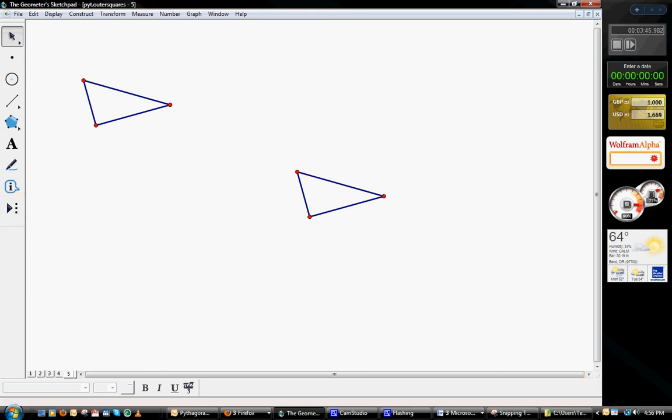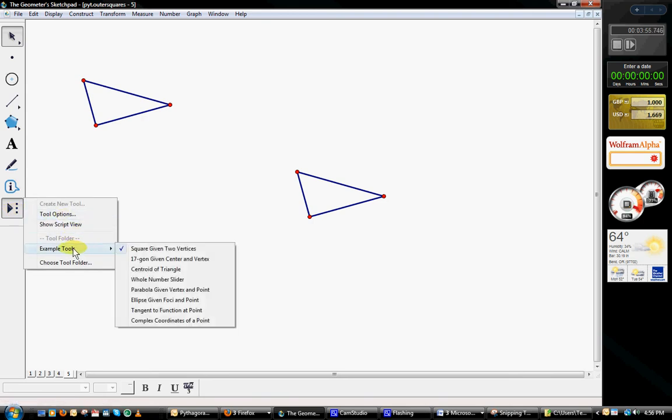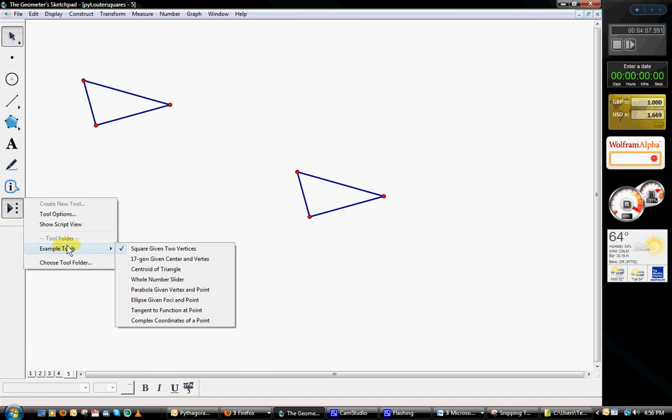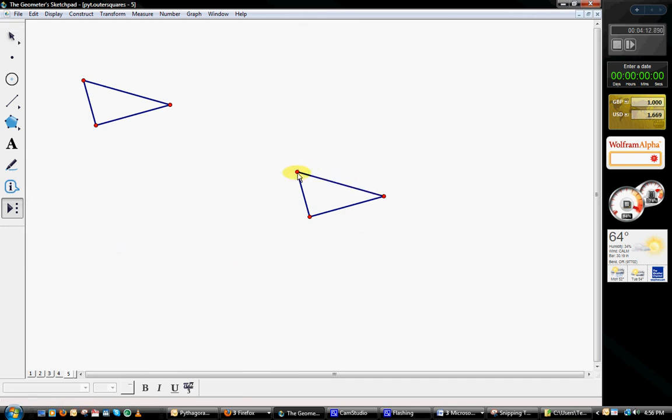There are other videos in the series. I don't really remember what it's called. Oh yeah, it's square given two vertices. That's pretty cool, because that's what it is. That tells you how to use this tool, how to get it to come up. Anyway, it's by clicking the custom tool button, this thing here, going to example tools, going to square given two vertices, we can simply go to our points. Whoops, sorry about that. Gotta keep your mouse button held down,